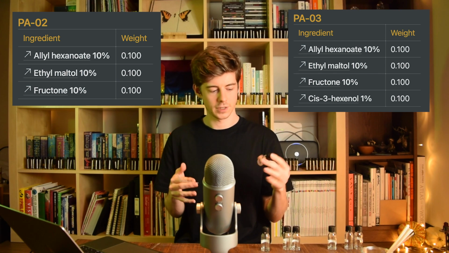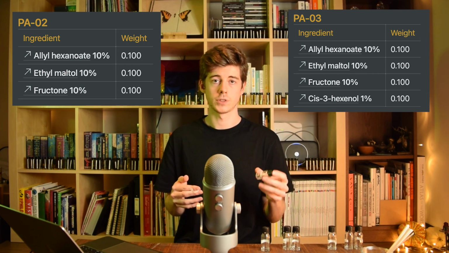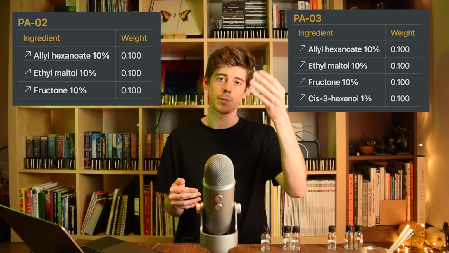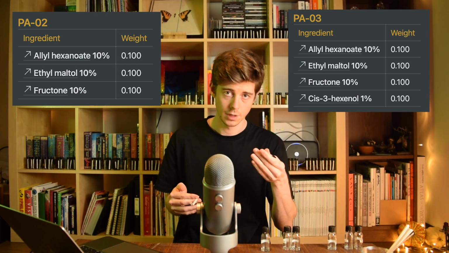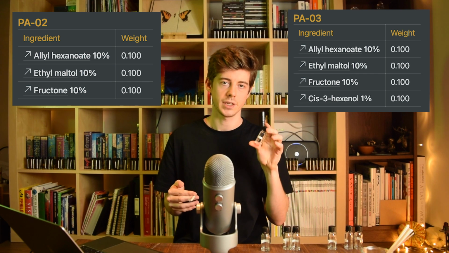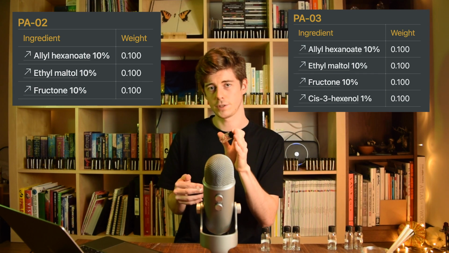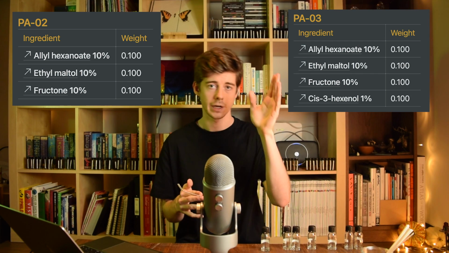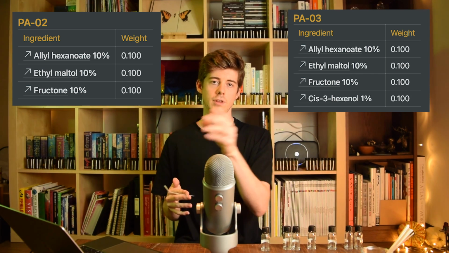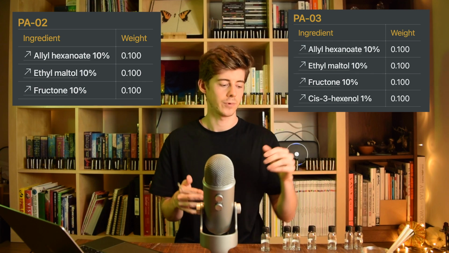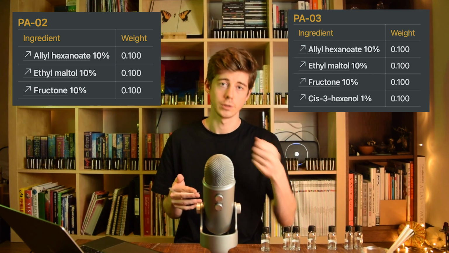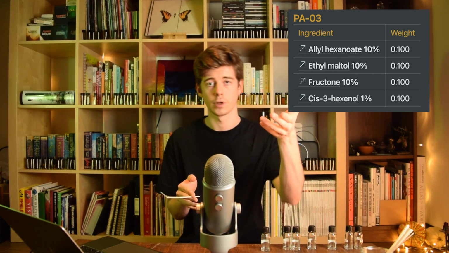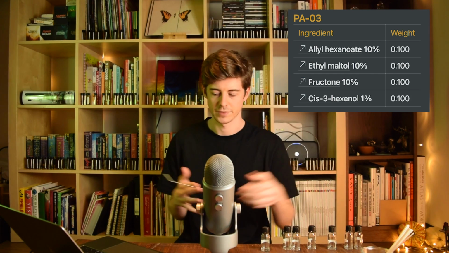So in order to solve this being stronger, what I did was I used a cis-3-hexenol that was another 10 times lower diluted. So this one was at the 1% instead of all the other aroma chemicals I was using, which were at 10%. So at this point I was using a 1-to-1 ratio, everything 0.1 grams, except for the cis-3-hexenol, the actual dilution of which I was doing that with was another step further down, so 1% instead of 10%.